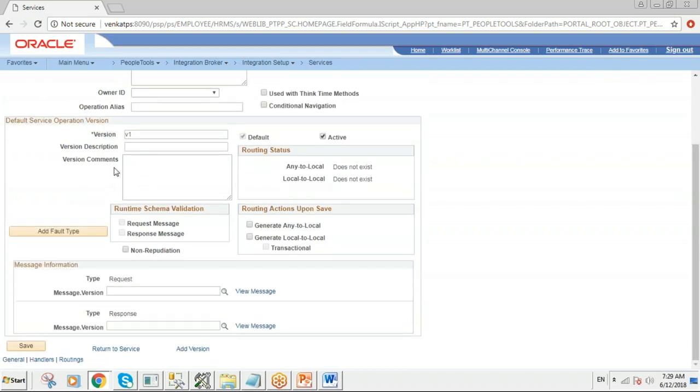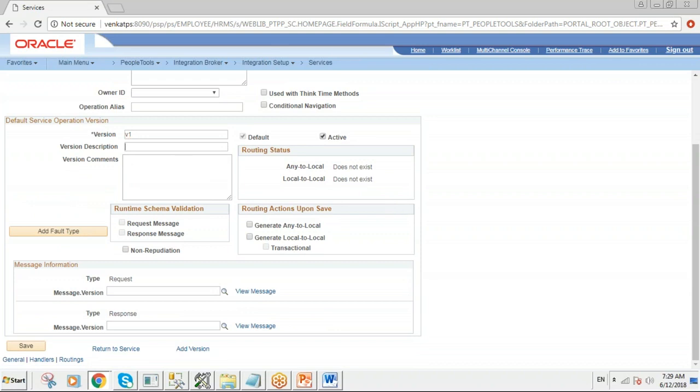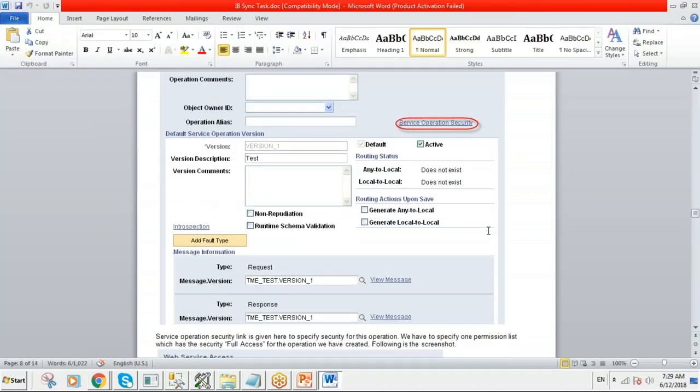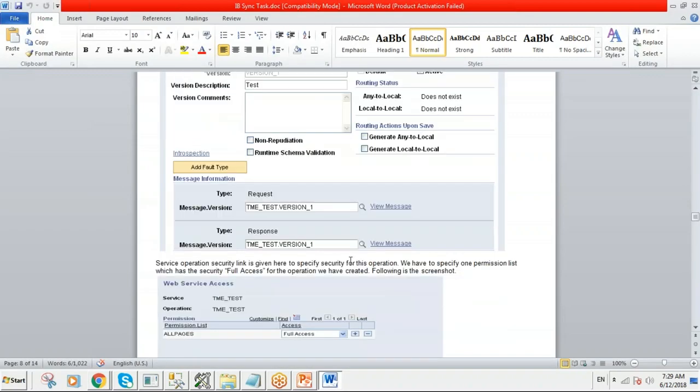Next, here you see the service operation version 1, and the version description and comments. Here you see the same. This is the default service operation under the service, and it's active. Here you see at the bottom